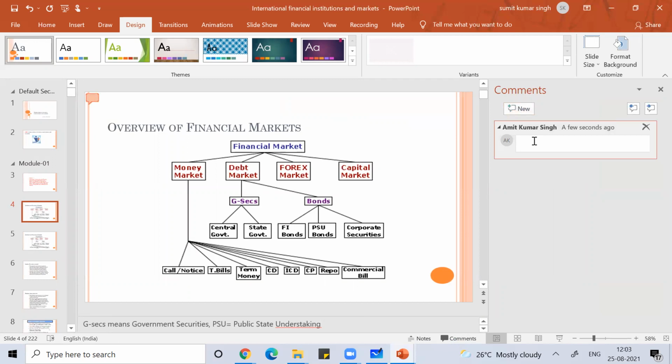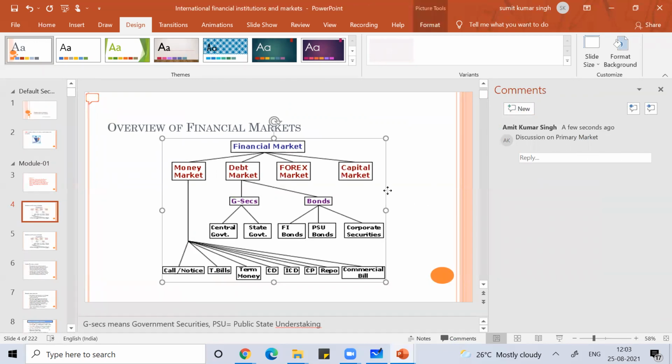So you can put comment here that discussion on primary market. So you can put a comment.